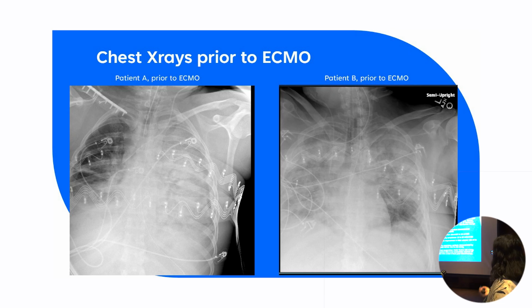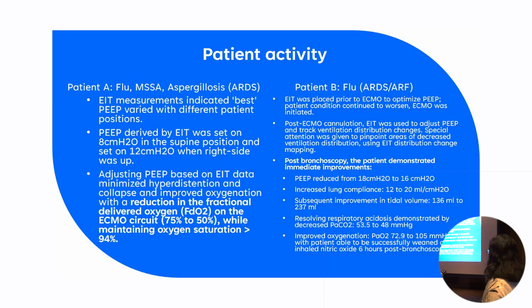while maintaining a saturation of 94%. So patient B, if you'll remember their chest x-ray, had pretty diffuse infiltrates. This patient, overall, when we were doing the EIT maneuvers, whether we went left or right, in any positioning, their PEEP stayed at 18. Again, remembering that this patient had a larger body habitus, I think that explains where that